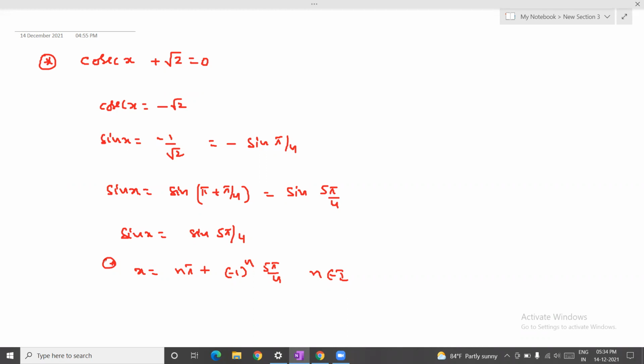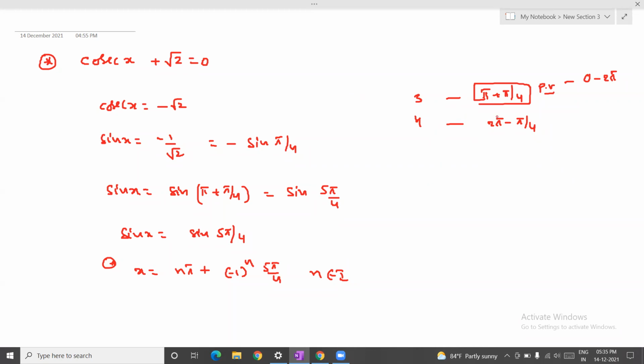Actually, principal values will be 2. In 0 to 2 pi, the values that are repeating are called principal values. Suppose I am taking the principal value of sin x equal to minus 1 by root 2 here, you will get one value in the third quadrant and one value in the fourth quadrant. As you said, the third quadrant value is pi plus pi by 4, and the fourth quadrant value is 2 pi minus pi by 4. But in some textbooks, they treat only the first as the principal value because it is repeated first. But actually, some standard notation says both are principal values.